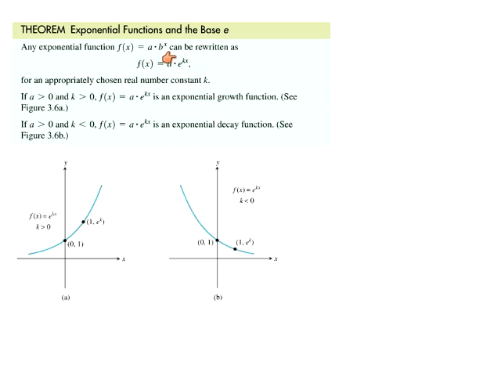So notice how they just rewrote it a little bit differently from our standard exponential function here. Instead of the base, we have e, but they add a k up to the exponent. And that k is going to help you identify whether the function you're looking at is a growth model or whether the function is a decay model. It's just what you would think. It follows the same guidelines as what your base had. So if k is greater than 1, it's a growth model.